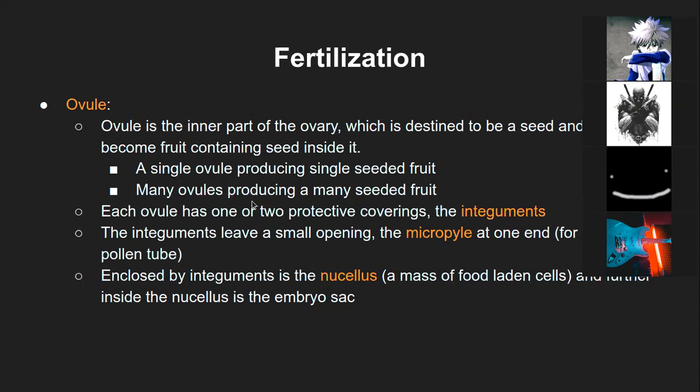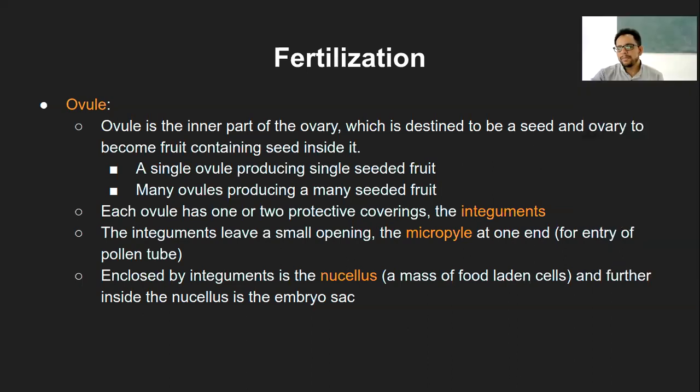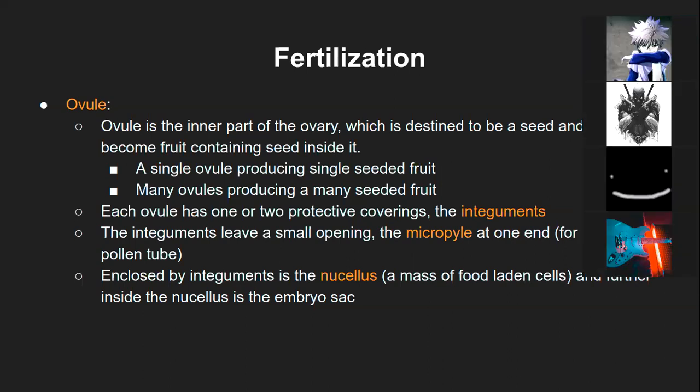An example of many ovules with a many seeded fruit. What is the example? There are many present in a single fruit. Someone said it just now. No, sir, I said papaya. Yeah, papaya, guava, apple, watermelon, all of these, oranges, kiwi. So these will all have one fruit, but many seeds present within it.